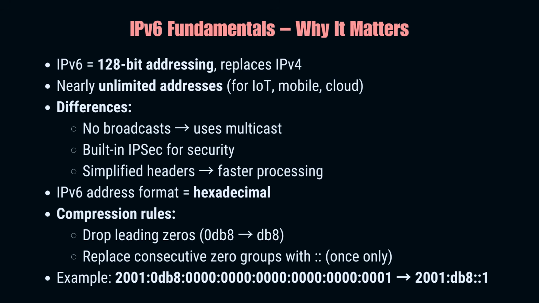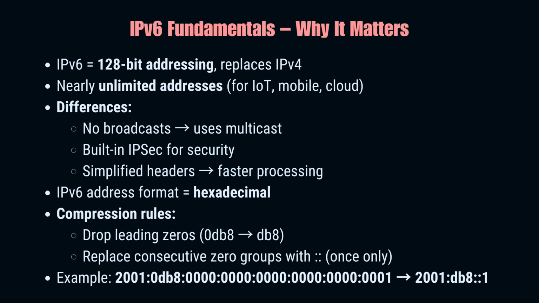Take a look. Here are some compression rules that you can use to shorten your IPv6 addresses. Remove leading zeros. 0db8 becomes db8. Replace consecutive zero groups with 2 colons, but this can only be used once per address. So our address becomes 2001:db8